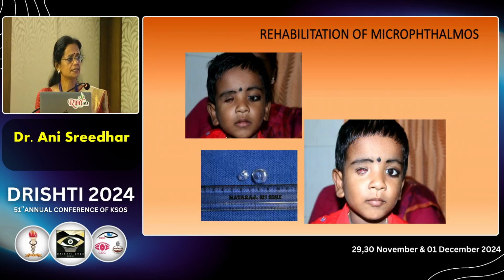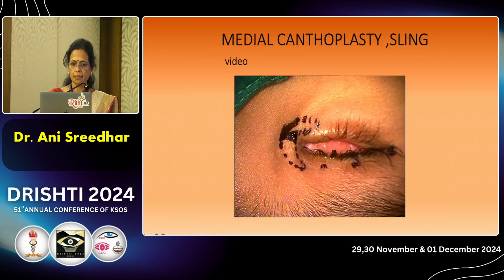Another case where we have to do a rehabilitation of microphthalmos and anophthalmos. Here, even when the child is very small, a few months old, we put a conformer and slowly increase the size of the conformers till the palpebral aperture is increased. In some cases, if the palpebral aperture is too small, we can do a medial canthoplasty and a sling to increase the